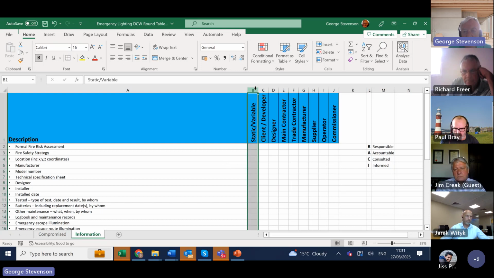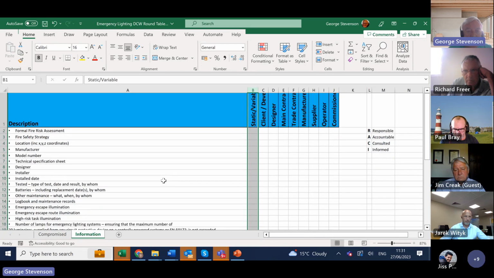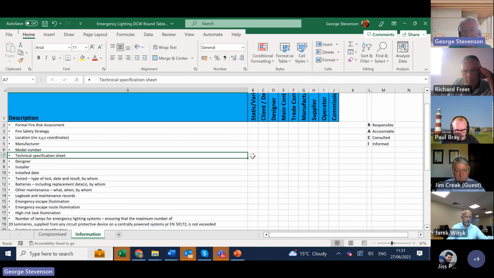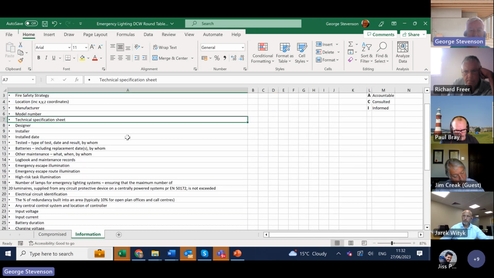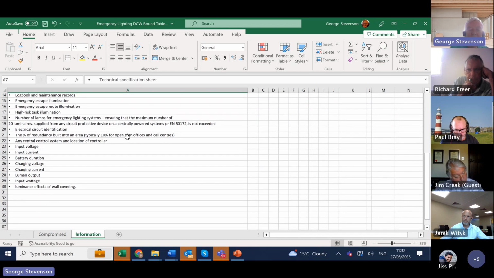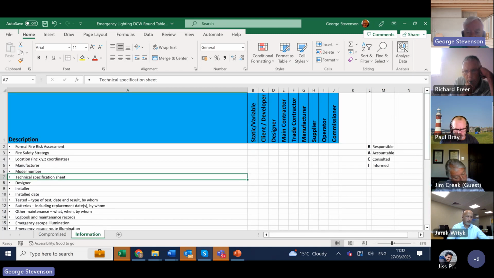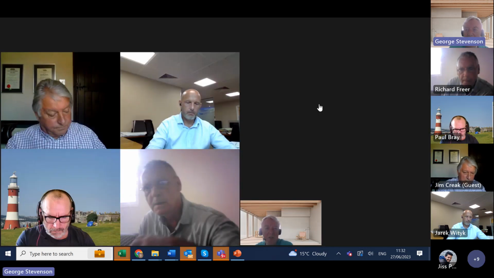The other thing I'd like to highlight is static or variable, or passive or active, data. I want to understand, for example, that a technical specification sheet is probably going to be fixed to a particular product, and therefore that's static data, whereas the commissioning information will be variable. If we can sort the wood from the trees by identifying whether information is static or variable, that would also be helpful. But that's it for now. As long as you put your name in the chat, we'll be